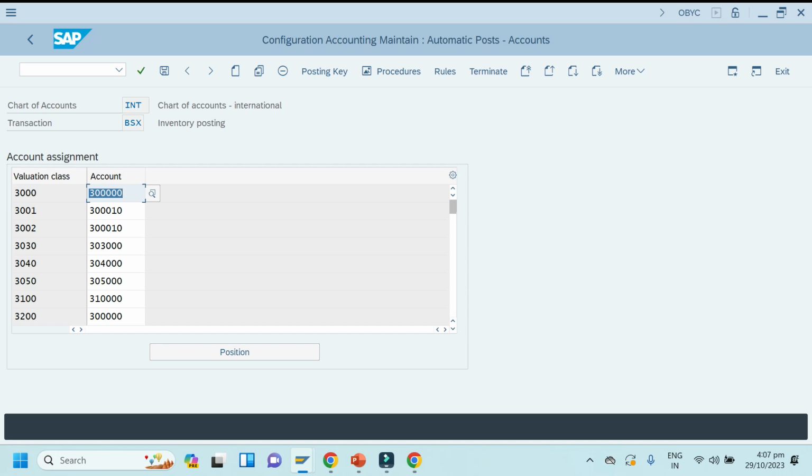Okay. So if you want to enter your valuation class, what I have defined here, valuation class 3008, right? It's not there. Okay. We'll see if you get an error, we'll enter it here, because we don't know what material type ZTAT is, raw material or what. But if you want, you can enter your own valuation class here.